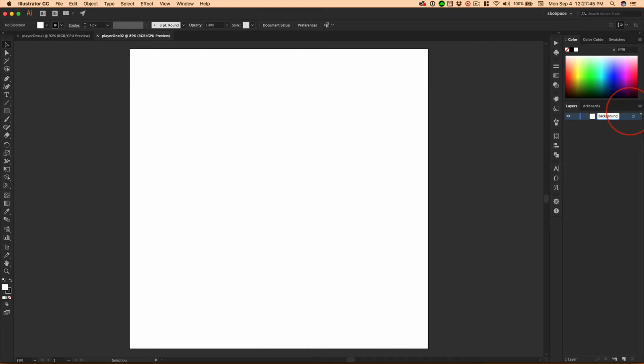Something I want you guys to do, and I just tell you over and over and over again. The default colors are up, white and black, fill and stroke. I'm going to swap those out, eliminate the stroke, so I'm just drawing with black. And I can hit the letter M. I don't expect you to know that, but that's the rectangle tool, or whichever one of these tools is active